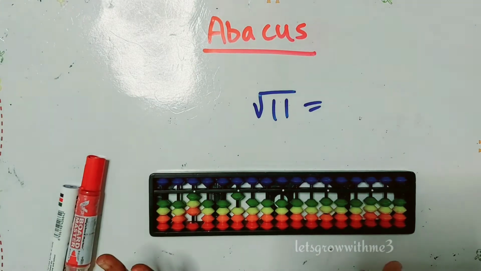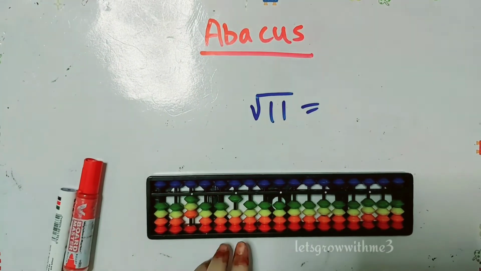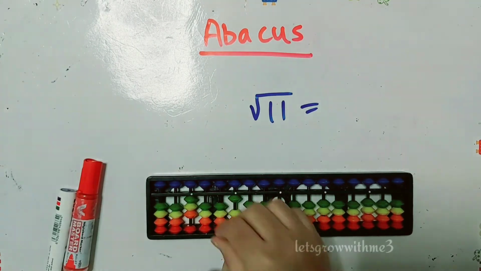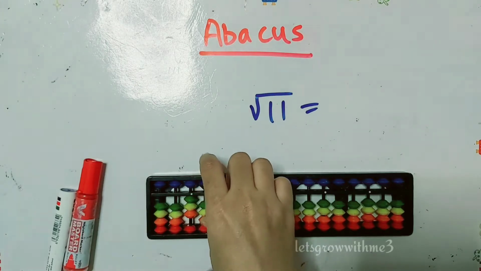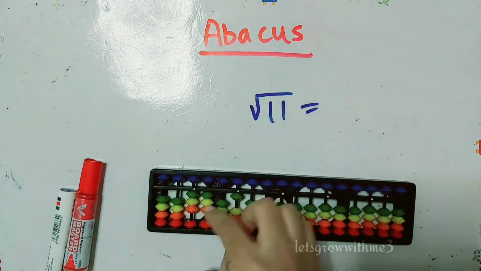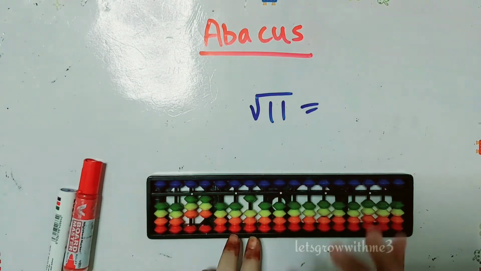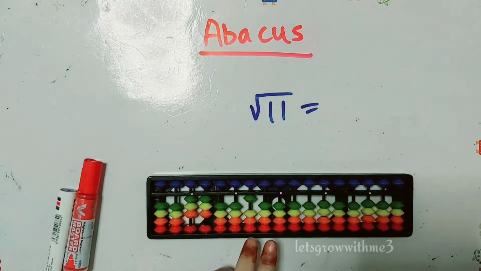Next step is we need to find the next divisor. To find the next divisor, we should consider this remainder. If we consider it as 1, then we can't divide with the 3. So now we should consider this 1 as 10. 10 over 3 means 3 times. So our next divisor is 3. 3 3s are 9. We have to subtract 9 from 10.